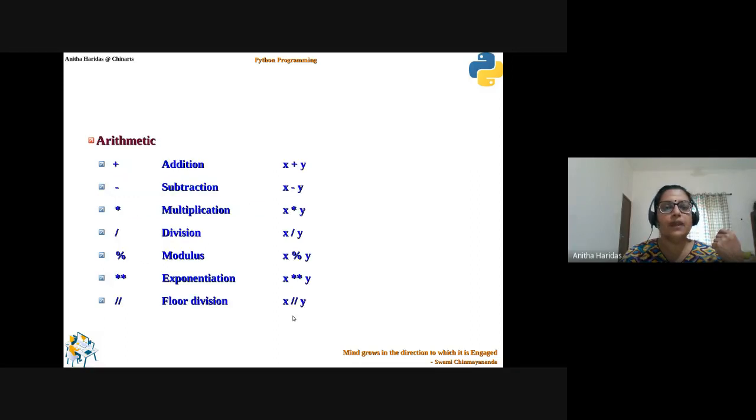Okay. So these are some of the arithmetic operators we have. All these arithmetic operators, you know that addition, subtraction, multiplication, division, modulus, these are all very familiar to you. Apart from that, we have the exponentiation also, right? So generally in C++ and in C, if you want to have exponentiation, sometimes you may be using the pow function, right? Power function you will be using. So instead of that, you can use this exponentiation directly. X power y is what you call as double star.